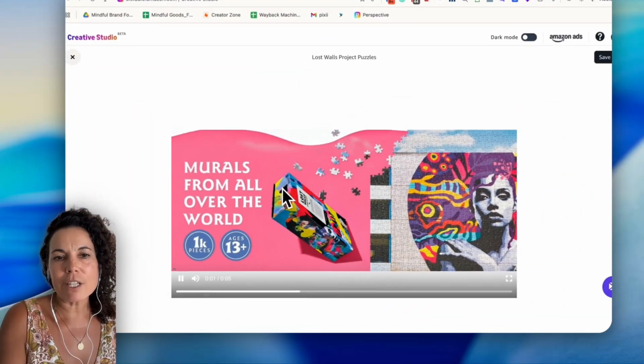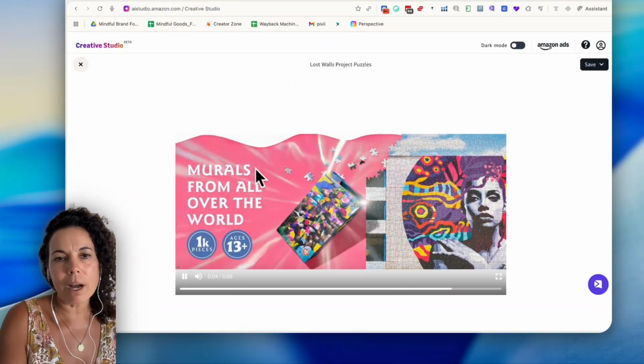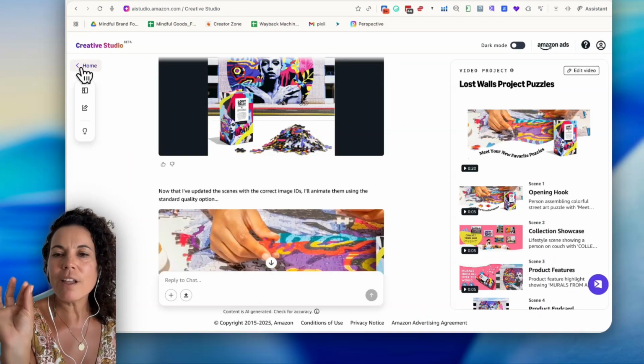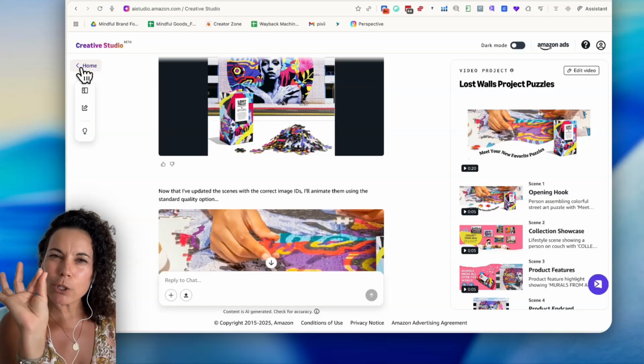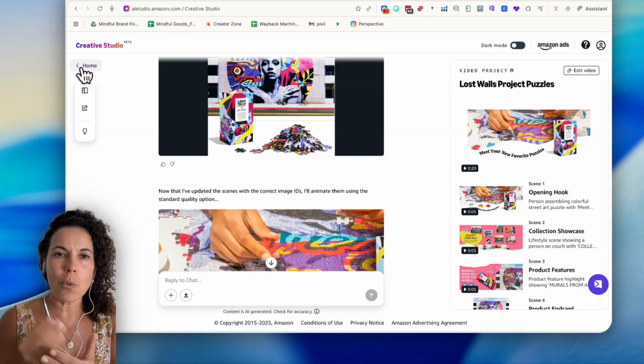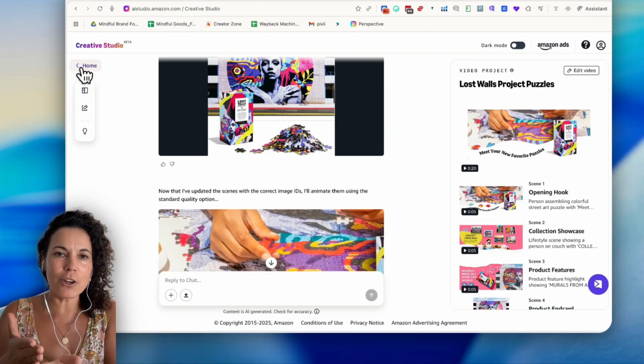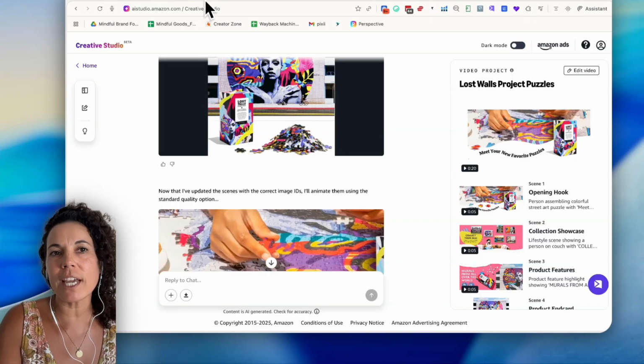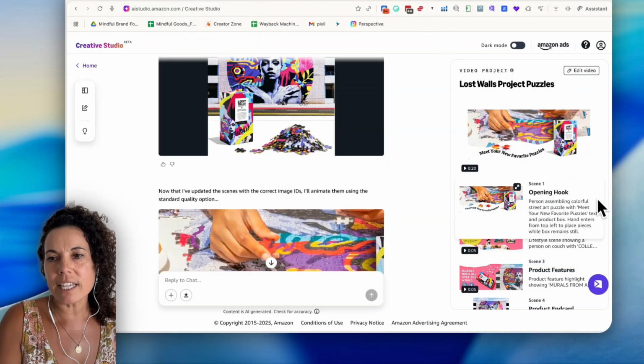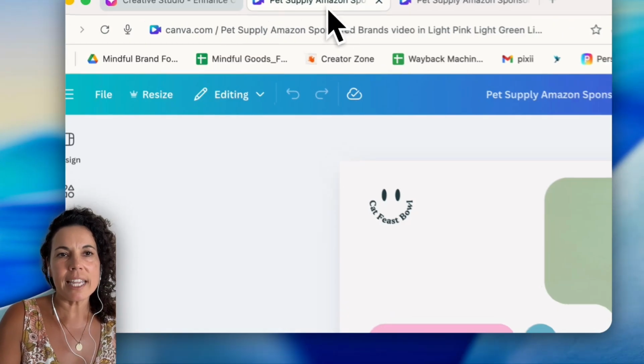So now that I have these graphics, you can see that one has a hole in the box. Like I can't use that one, but I can use the first second of it, the first 1 or 2 seconds. And that's really all you need is just 1 second of your images in motion and stitch them together into a video. So to show you what that looks like, I downloaded these individual clips and came into Canva